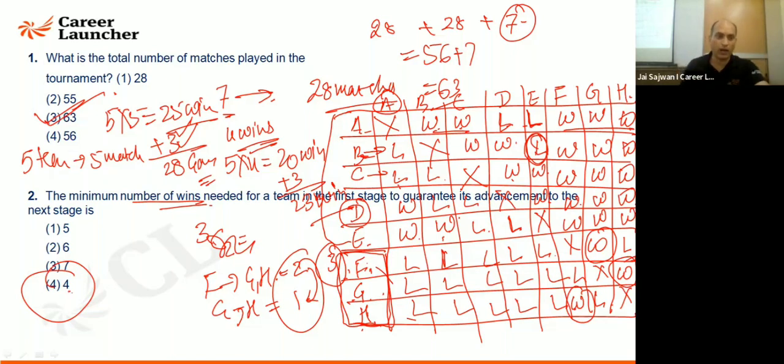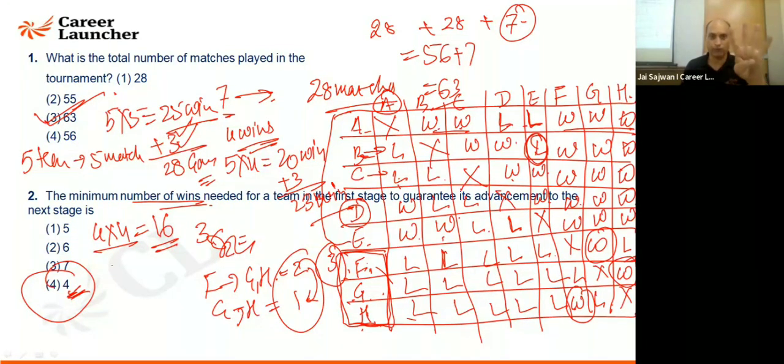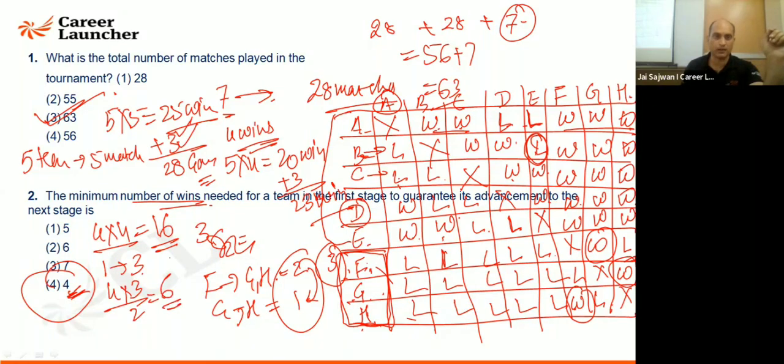Some of you may be thinking why you are not taking 4 because 4 is lesser than that. My dear, if 4 teams are winning 4 matches, there will be 16 wins. 4 teams are left there. Every team plays against 3 teams. So 4 are going to play. 4 3s are 12 by 2 is how much? 6 games are there. Can I say 16 plus 6 is coming out to be 22 wins?